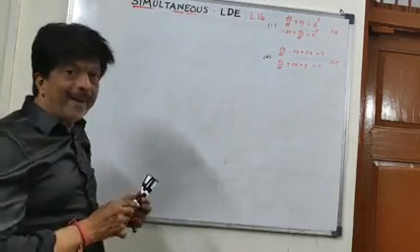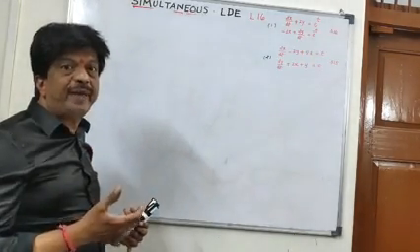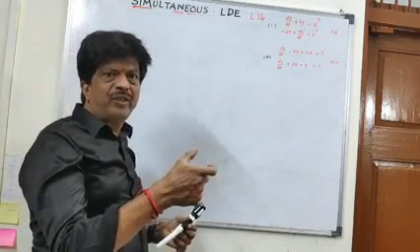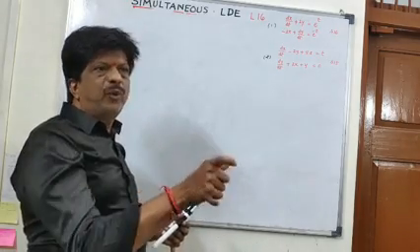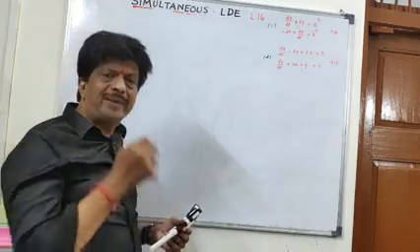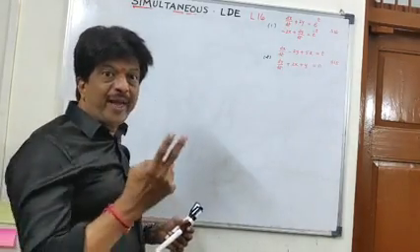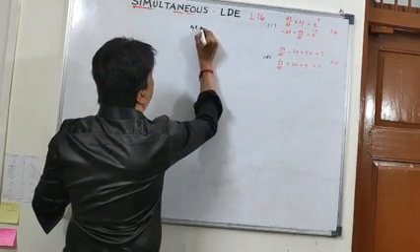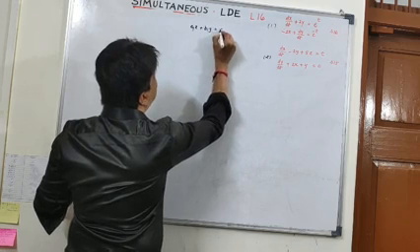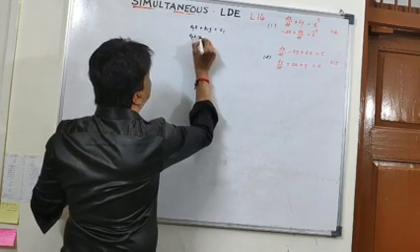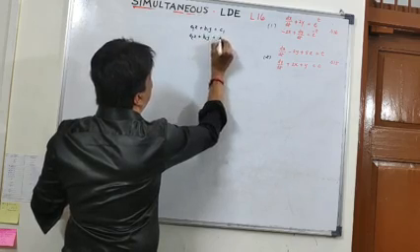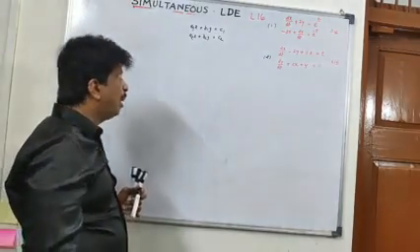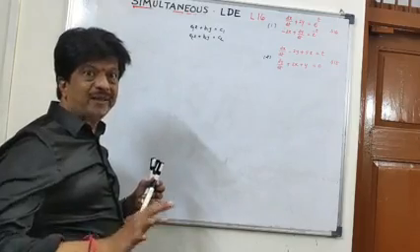What is Cramer's rule? Cramer's method is the determinant method of solving a pair of or more than one simultaneous equations in 2 variables, 3 variables, 4 variables and so on. So, what is that method? If there are two unknowns, for instance, a1x plus b1y equal to c1 and a2x plus b2y equal to c2. There are two unknowns x and y. We want to determine the values of x and y.